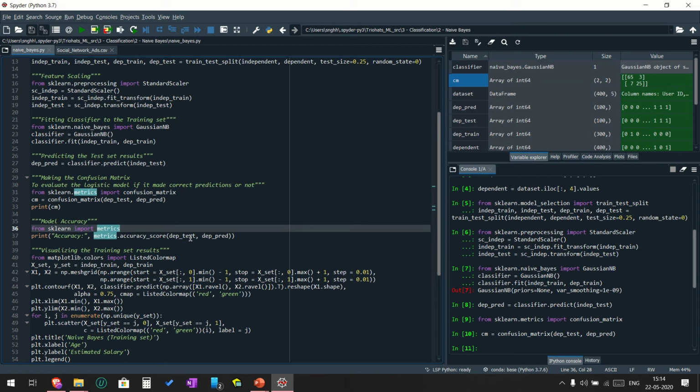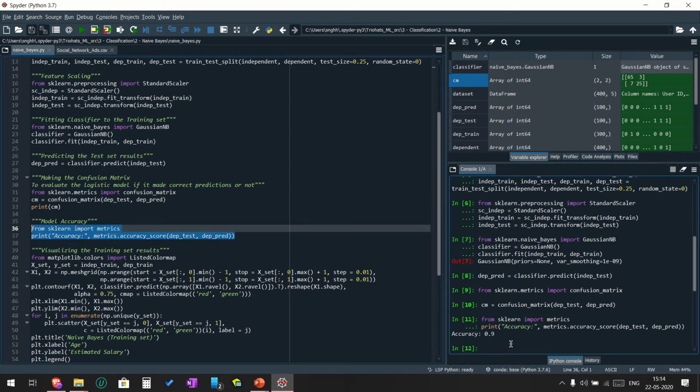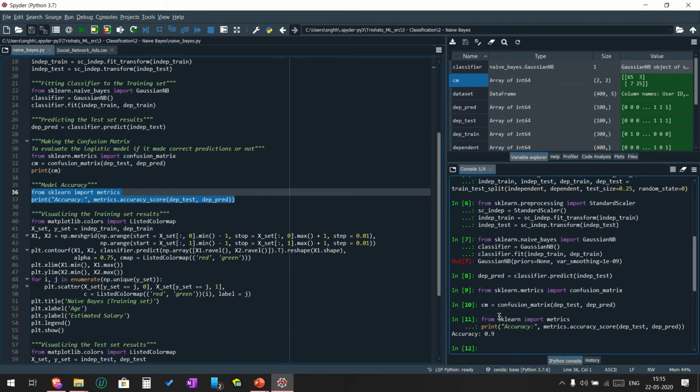In this case you'll also pass two variables, dependent test and dependent predict, the actual value and the predicted value. Calling it will tell you the accuracy. So the accuracy of the model here is 90%, which is a very good accuracy, meaning 90% are the correct values. In this way you can check how accurate the model is.